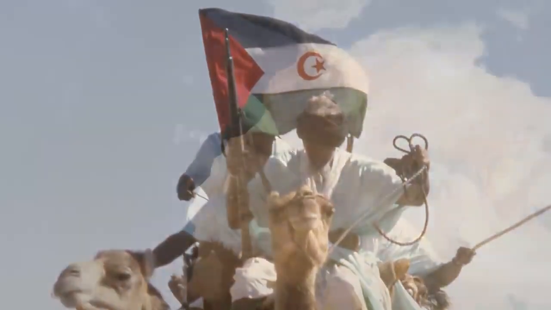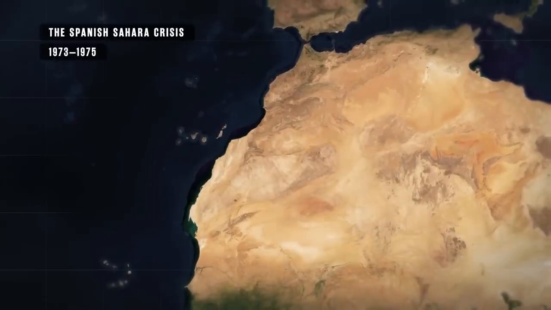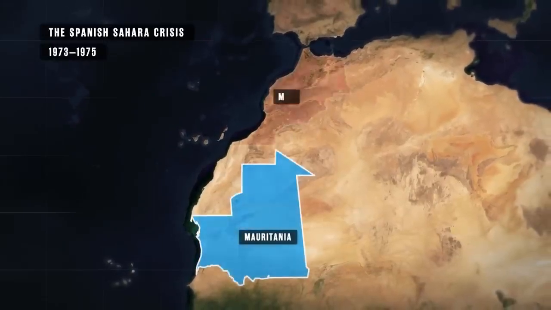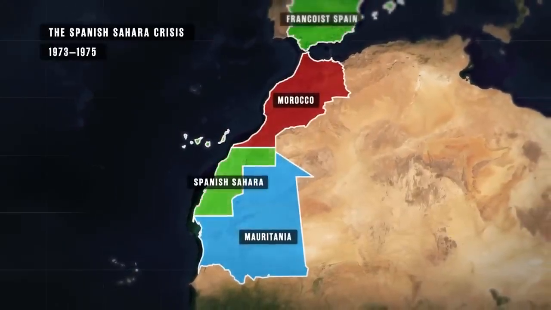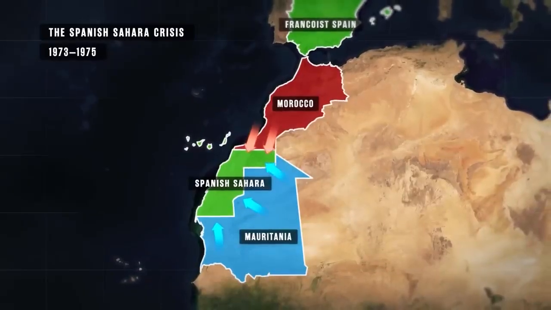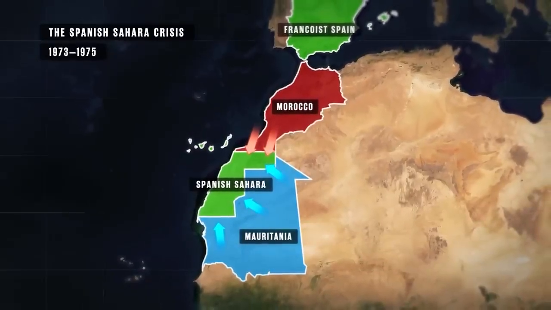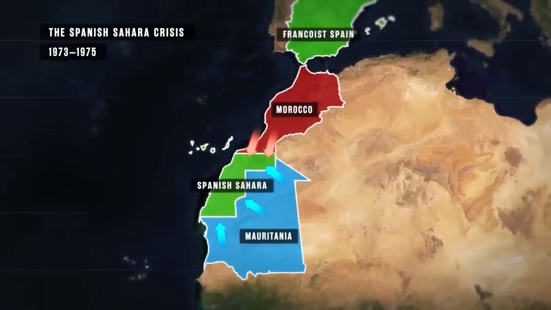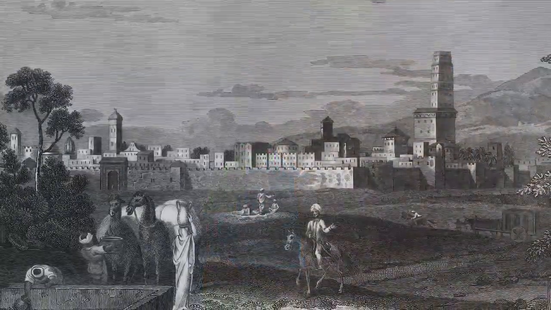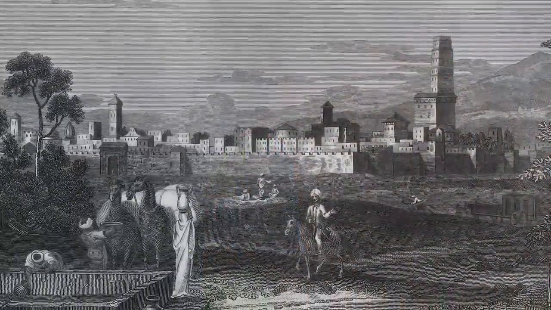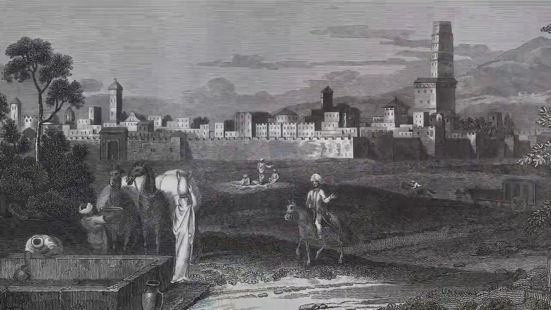their independence. At the same time, both of the now independent states of Mauritania and Morocco, on either side of Spanish Sahara, claimed the entire colony as being rightfully theirs, and argued that Spain should surrender the territory to them instead. Morocco's claims to Spanish Sahara were especially vocal, and it took its case to the International Court of Justice,